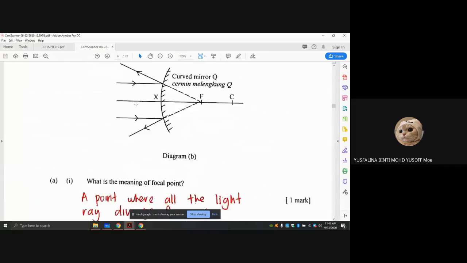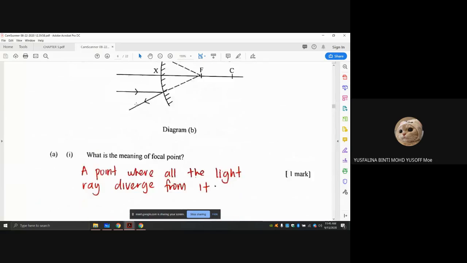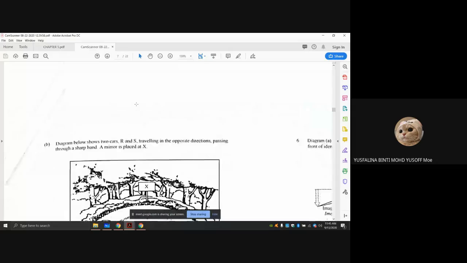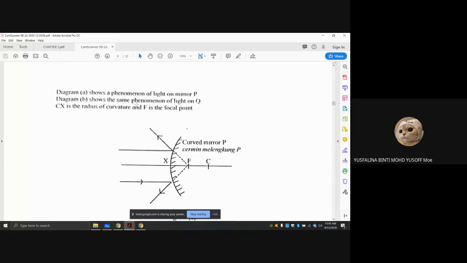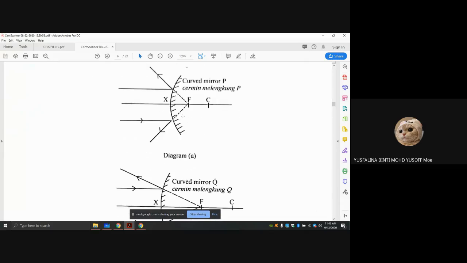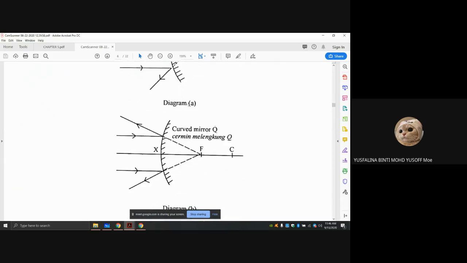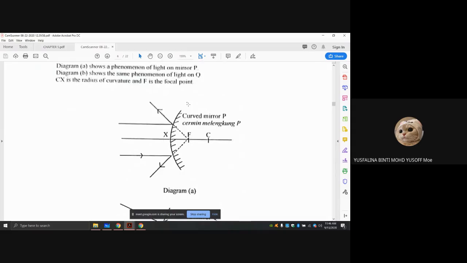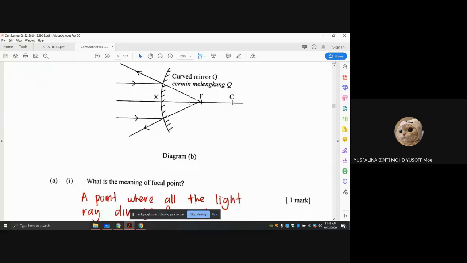So this is the AC questions. The first one says diagram A shows a phenomenon of light on mirror P, and diagram B shows the same phenomenon of light on Q. CX is the radius of curvature and F is the focal point. So the first one is asking you the